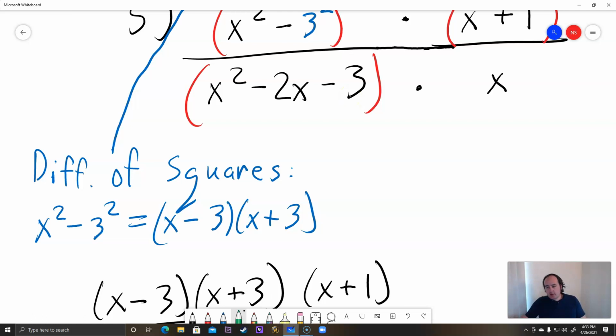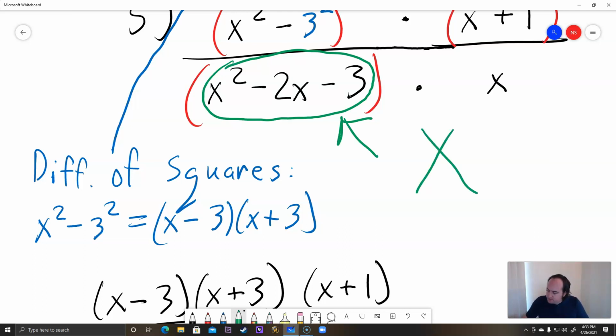Well, that's actually a trinomial. It has 3 terms, so we're going to factor using the x method. Okay, so I'll circle that in green. We factor this one using the x method because it has 3 terms. On the top of the x, we write the last term, which is negative 3. And on the bottom of the x, we write the second term, which is negative 2. Then we want two numbers that multiply to negative 3 and add to negative 2. Those winning numbers would have to be negative 3 and positive 1,